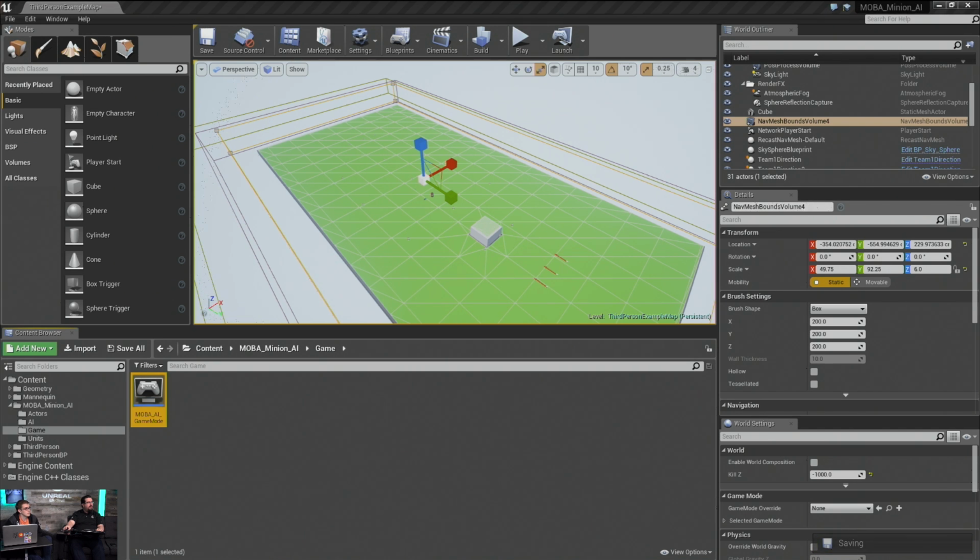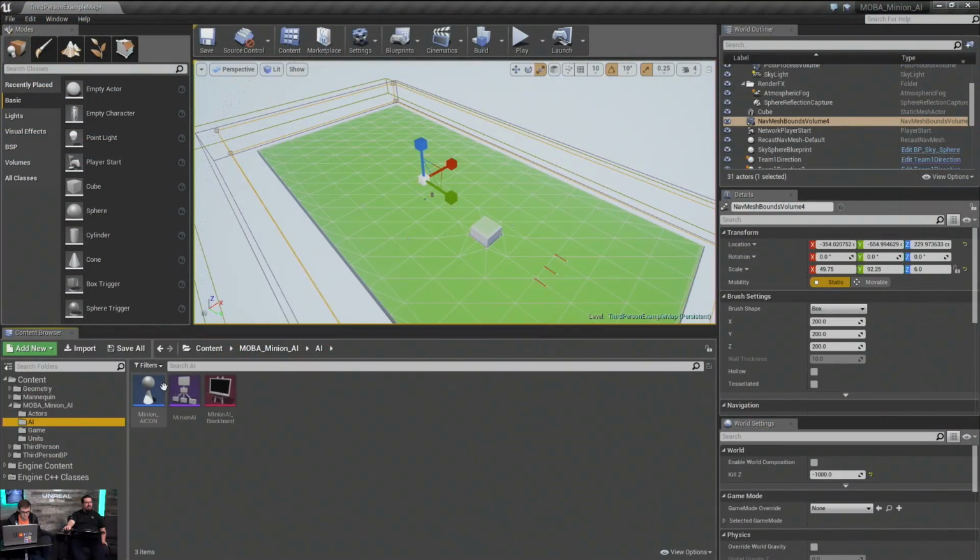Will this have multiple stimuli as a part of the perception setup? We answered this one at the beginning. We'll attempt to do audio stimuli in addition to sight. It's so funny, as he's explaining to me how the stimuli stuff works, it's like, so it's really just a bunch of volumes that trigger events within things within the volumes? Yeah, basically, that's it. That's all that senses really are in a video game sense. This thing moved within my range, can I see it? Yes. This event triggered off behind me, am I permitted to hear it based off of a number of things? Yep. So we'll go ahead and get some multiple stimuli going.